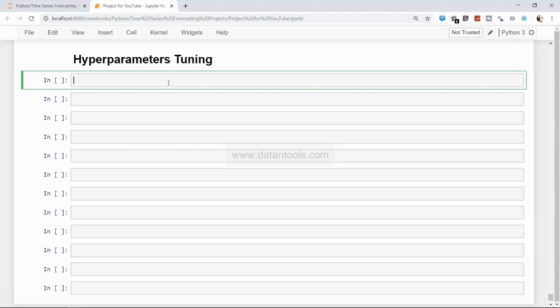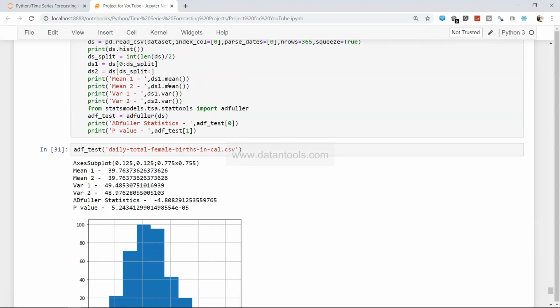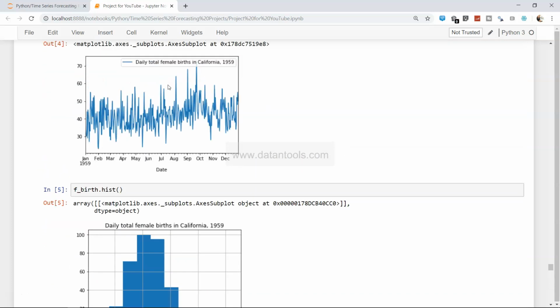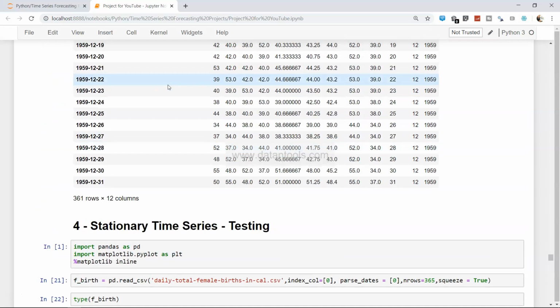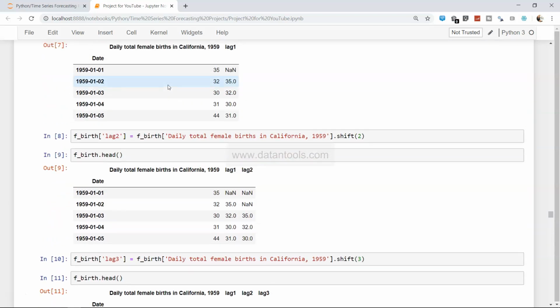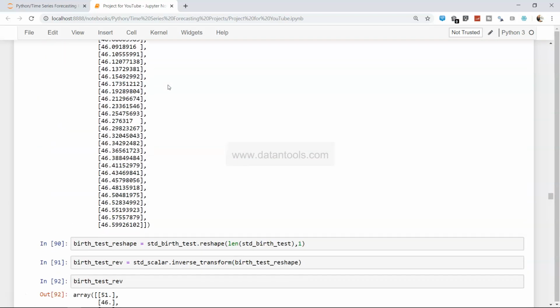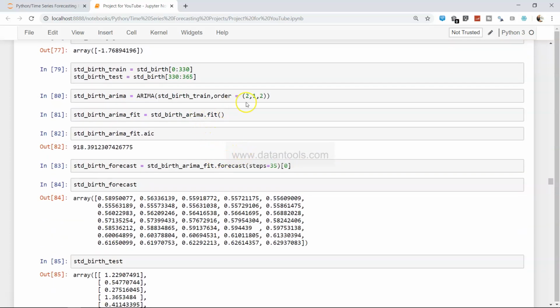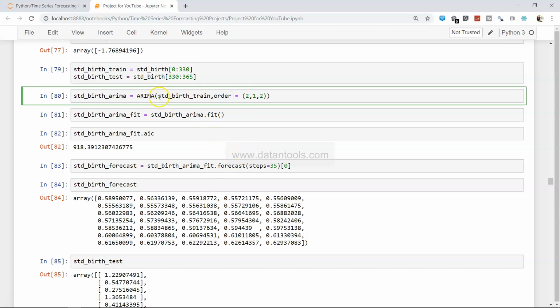Well, in a nutshell, for that I'll just go above where I have my previous codes for different projects. Over here we have the ARIMA model that we created. If you look at the std_birth_train, order equals 2,1,2. So order 2,1,2 is the parameters that we had given in that project, and the hyperparameters